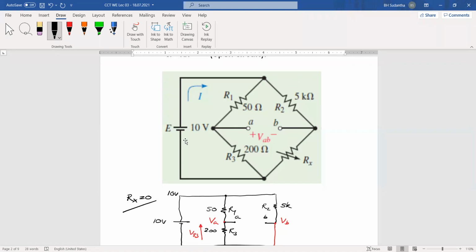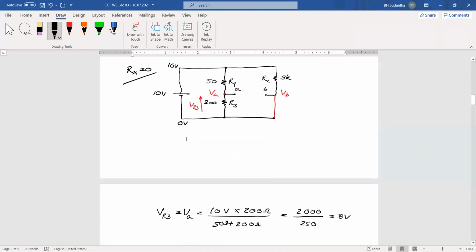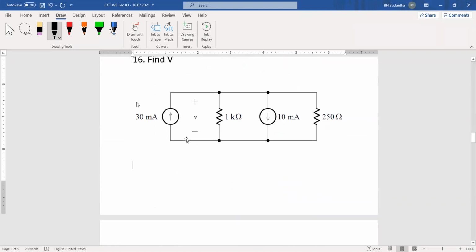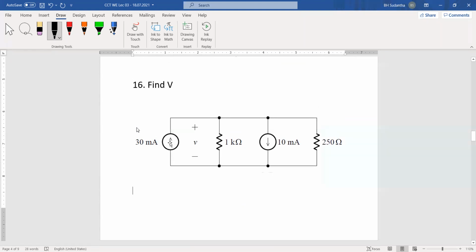If you want to find the current, you have to calculate the components and the effects of those components. Then you can find the current taken from the battery. Internally it might also have a resistance, but we are not going to say anything about that. Here it is the same thing. These devices are current sources. They can provide current to the circuit in whatever direction is shown. This current source can provide 10 milliampere current, and it's going this way.